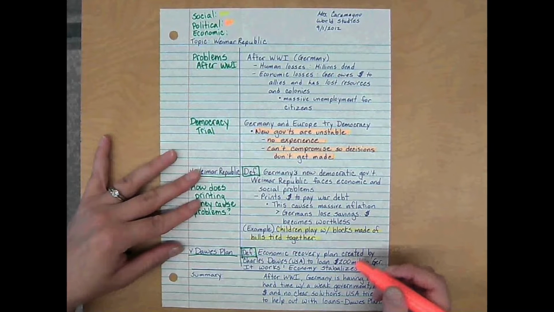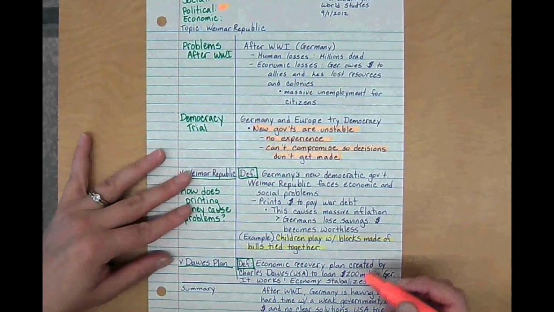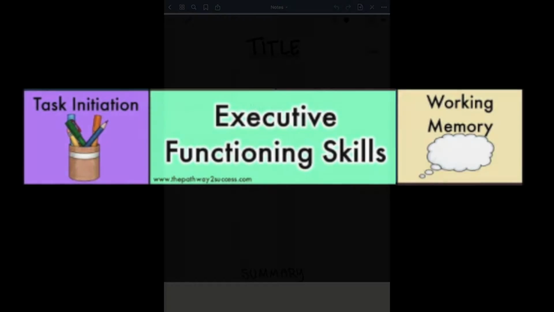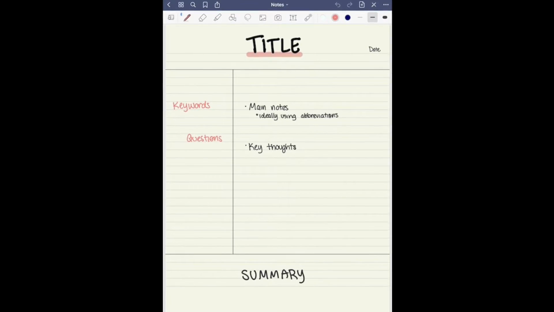Cornell Notes is a strategy that allows students to not only take notes, but to pull out keywords and information as well as summarize the notes they have taken. Developed in the 1940s by Walter Pauk, a professor at Cornell University, this strategy supports many executive functions, specifically task initiation and memory. By simply dividing a piece of paper into 4 sections, your students will have organized notes broken